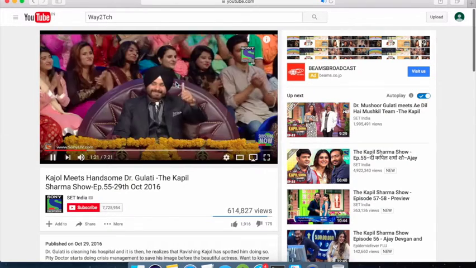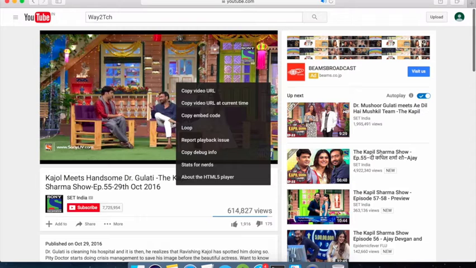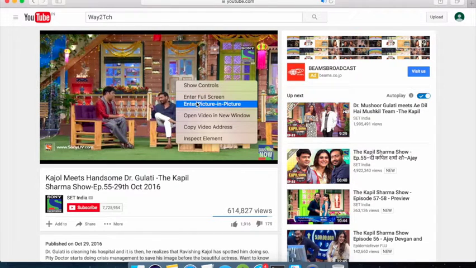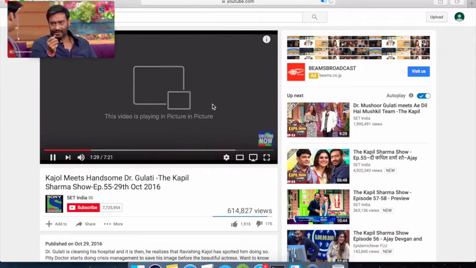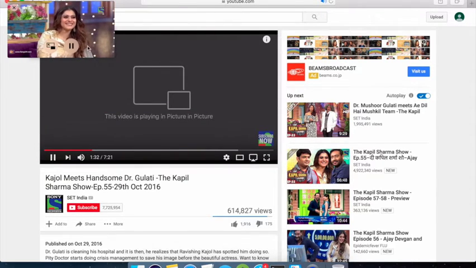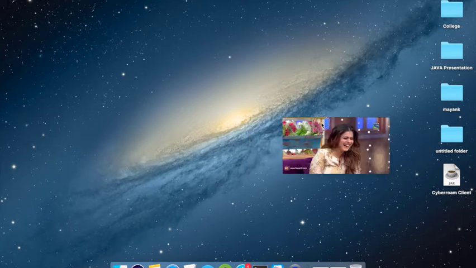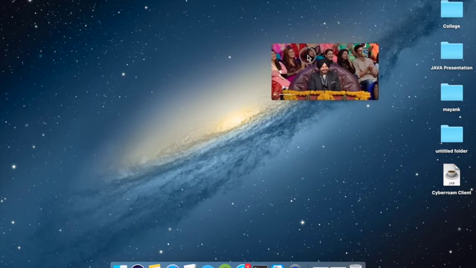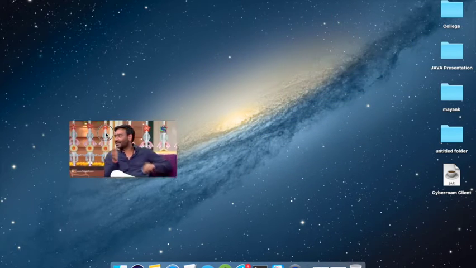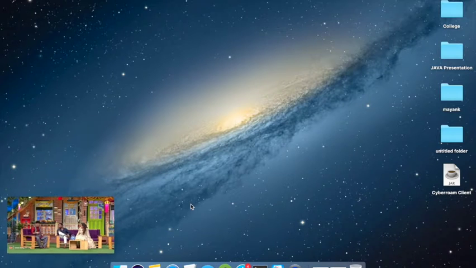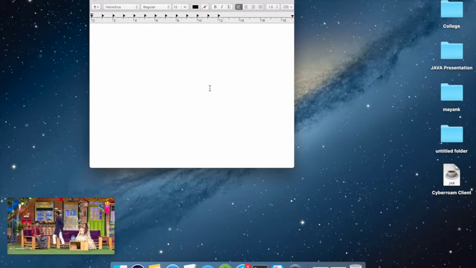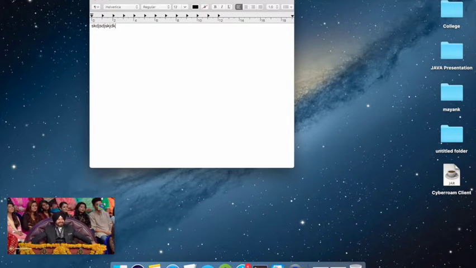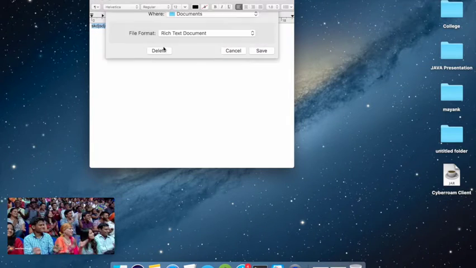Just right click on it and you will see an option, enter picture in picture mode. Click on it and that video will pop out. You can see I am moving this video window anywhere on the screen, and during that time I can do any of my work, like I can write a document here or anything.